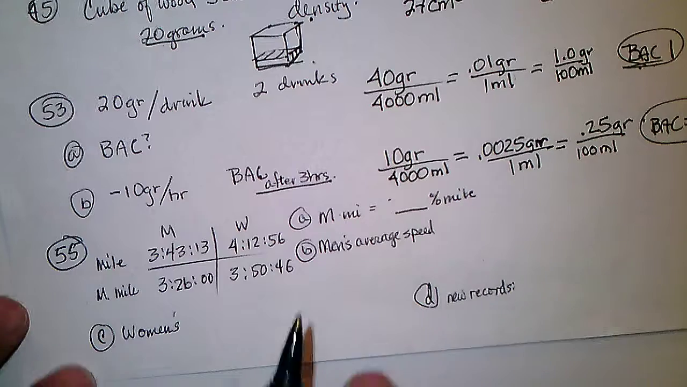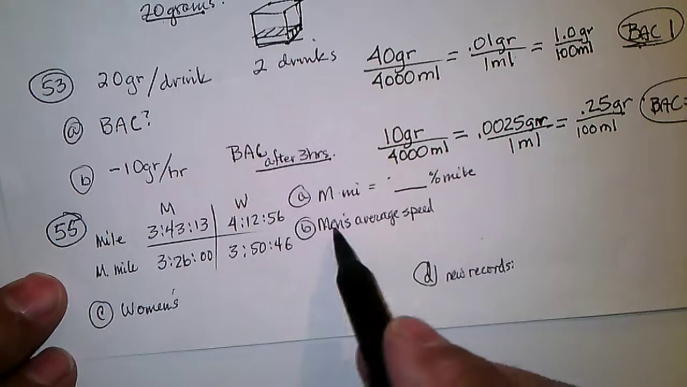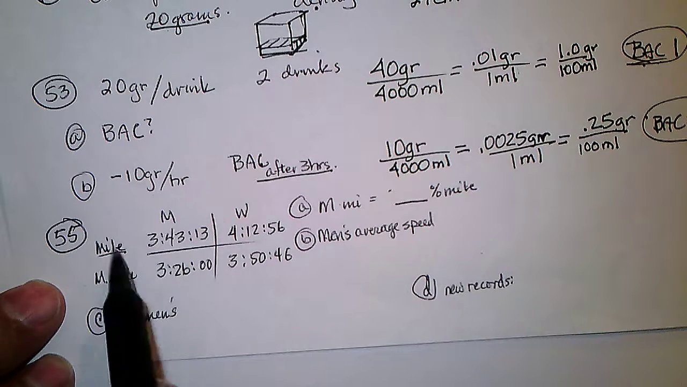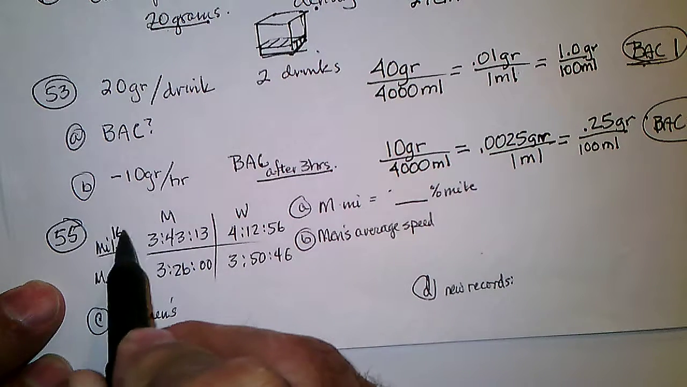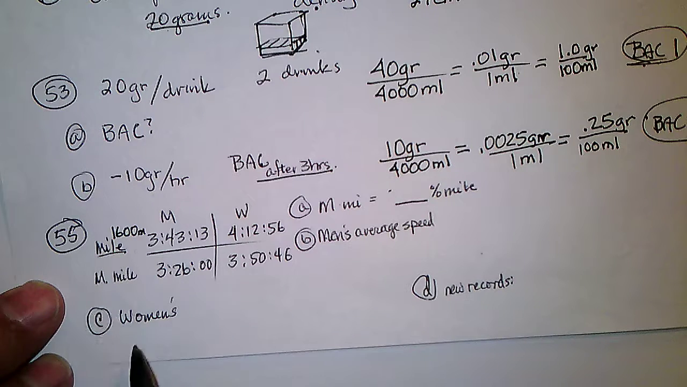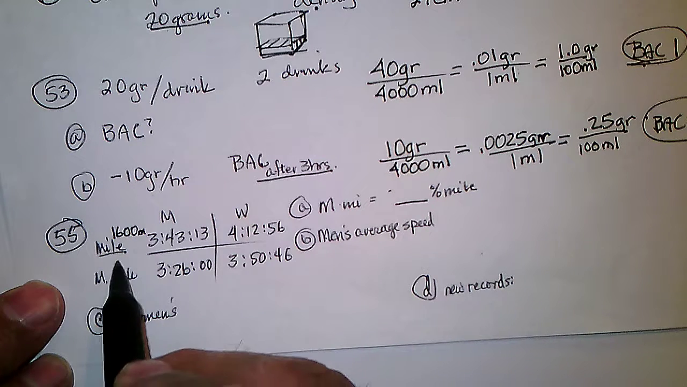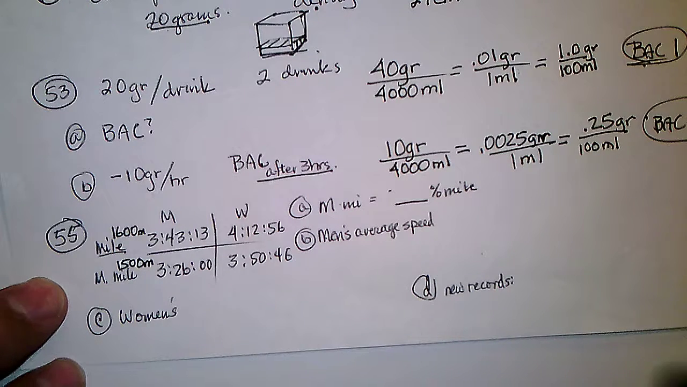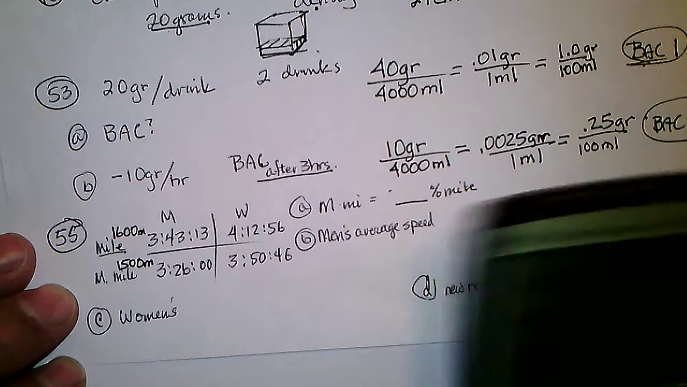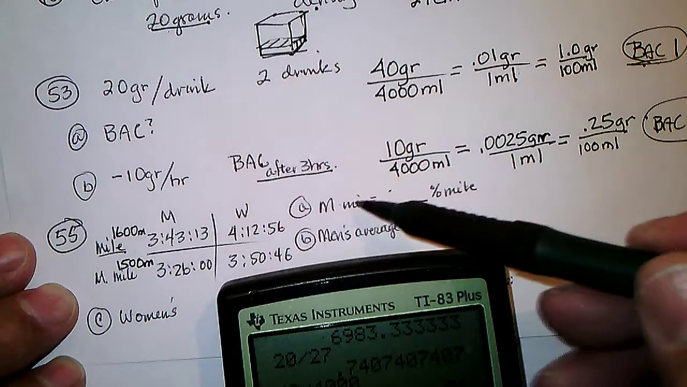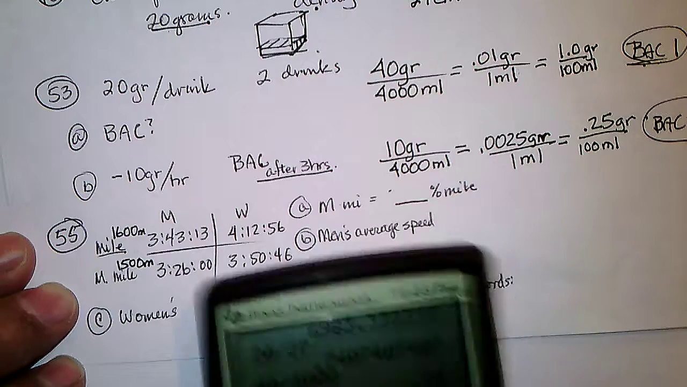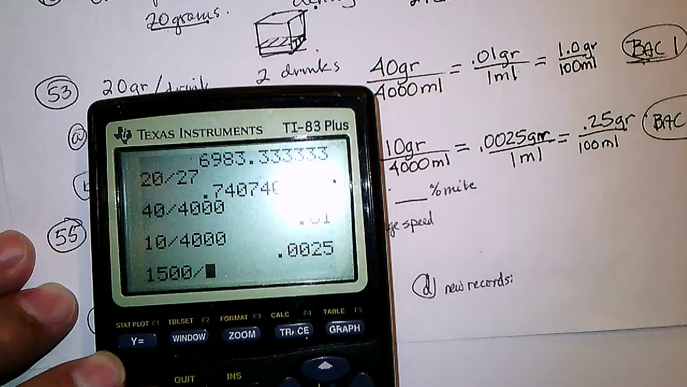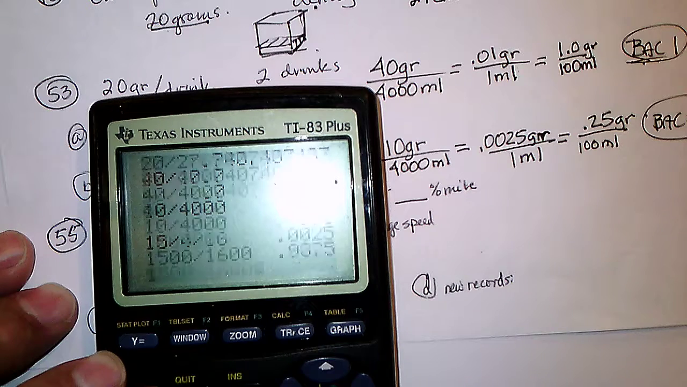55. So it says, find the men's average speed if they ran the regular mile, which is 1,600 meters, or the metric mile, which is 1,500 meters. So let's do the speed. Okay, the first question was, the metric mile is what percent of a mile? So metric mile, 1,500 divided by 1,600 is,